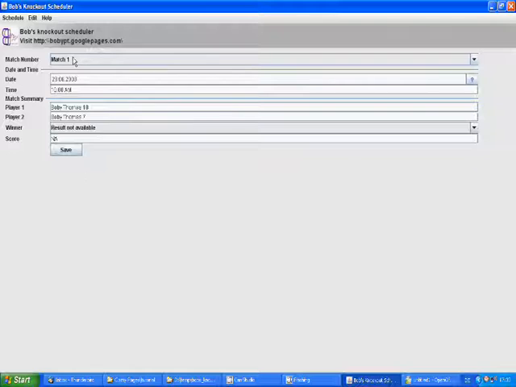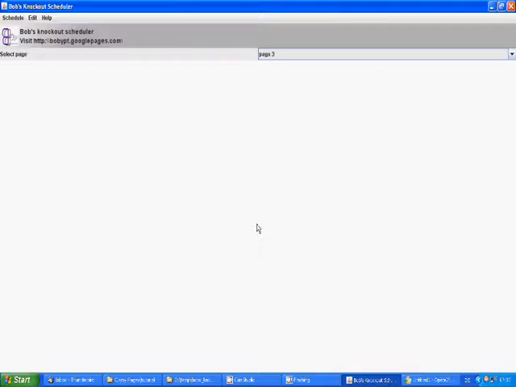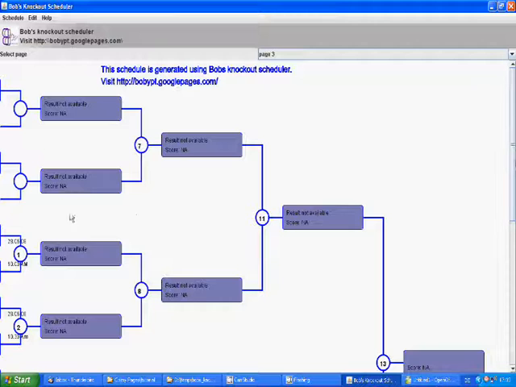Okay, now quickly view the schedule here using the display option. Here you can see match number 1 is scheduled on 28/6/2008 at 10 AM. Okay, now imagine, after some days, all your preliminary rounds are over and you would like to